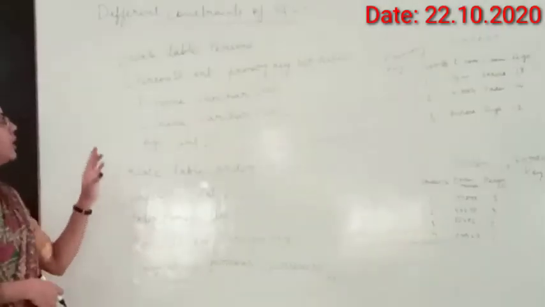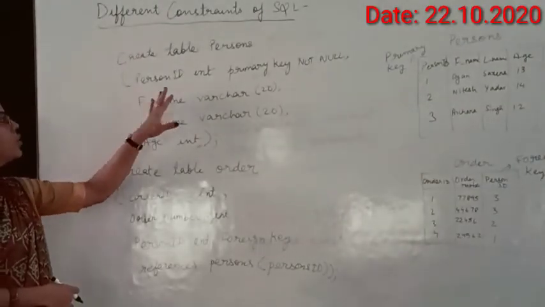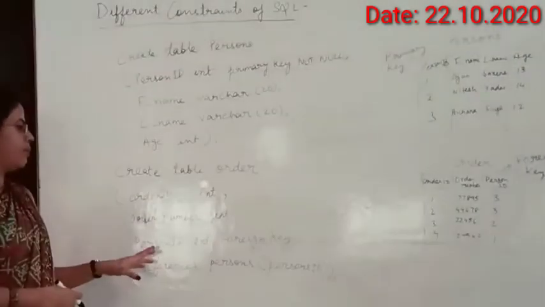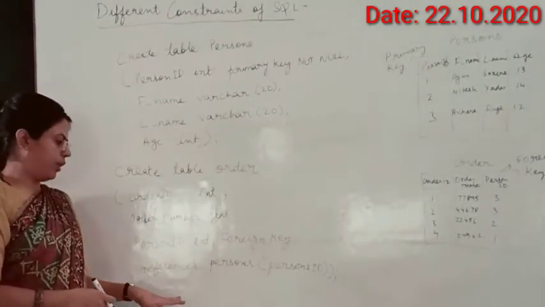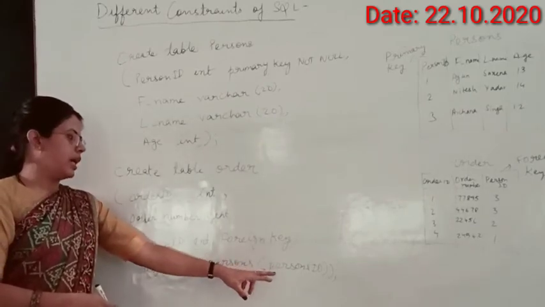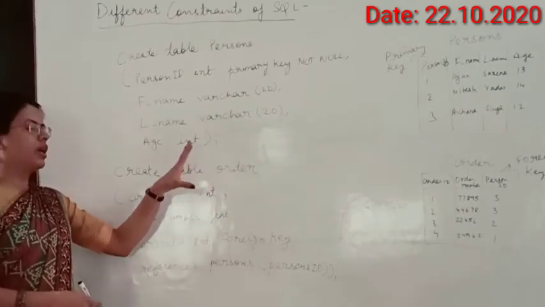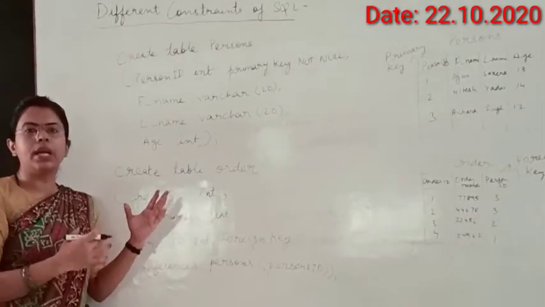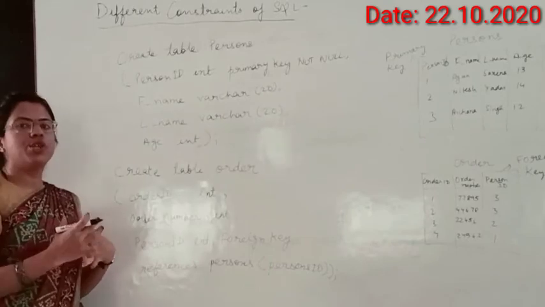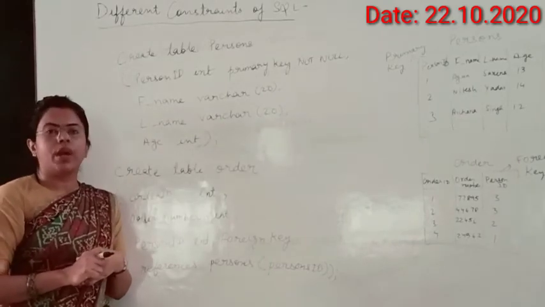Here you can see that one table is created in which I have created person ID as a primary key, and here in the second table I have taken the person ID as a foreign key, and references I have given as the person table person ID. So this person ID is going to connect two tables, going to create the relationship between the two tables. So with this we will be able to fetch the data from both the tables together.